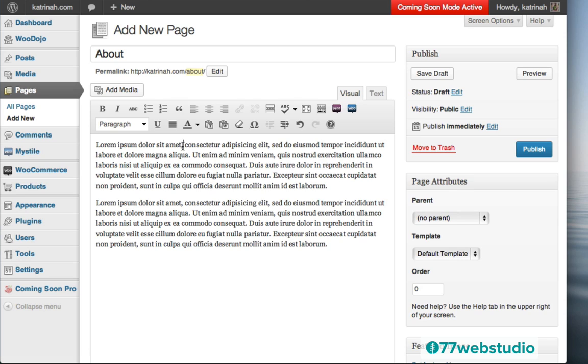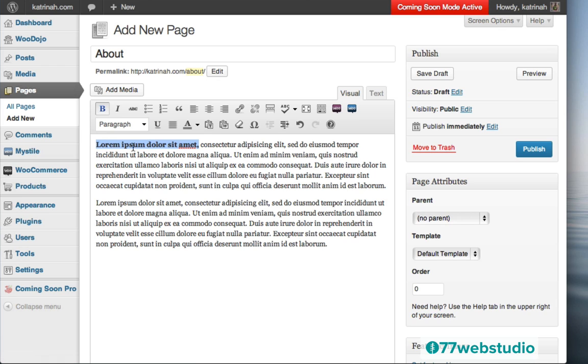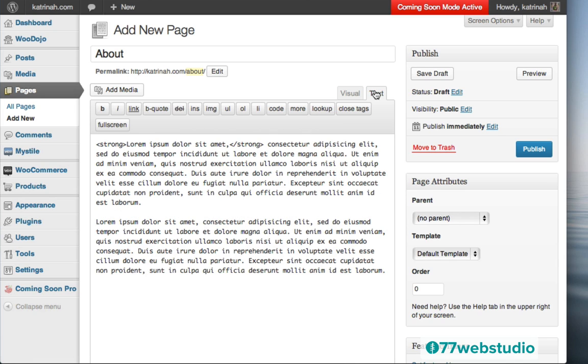As an example, when I highlight this text and then click on this B, then just like an email or a word processing program, the content will be formatted with the different icons above that you decide to use. Now that we see this is bolded visually, when we click on the text view, it looks a lot different, but this is the HTML that WordPress is automatically generating. Here we see the bold tags, the strong tags, and the HTML closing tag. So this is the code created by WordPress to create that bold formatting.